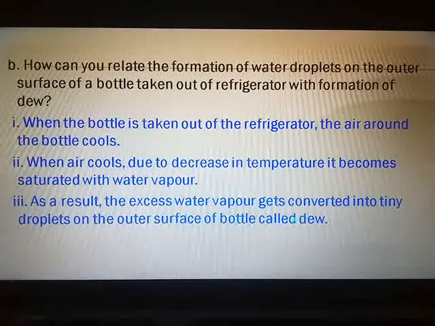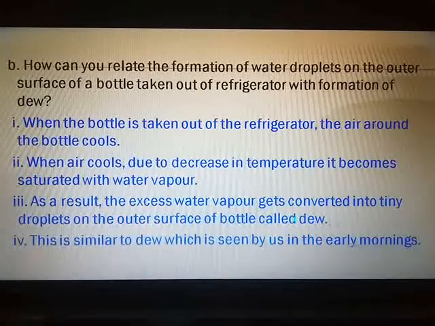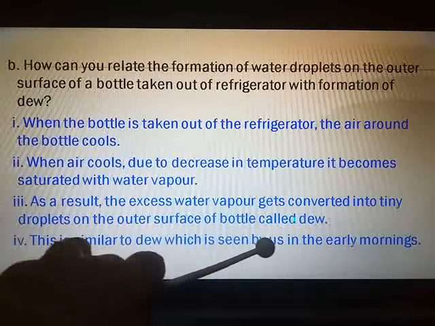The paragraph which is below it, second line is your second point. Third line is your third point. You have to add only this one or two words. And in the end, you will say that this is similar to dew which is seen by us in the